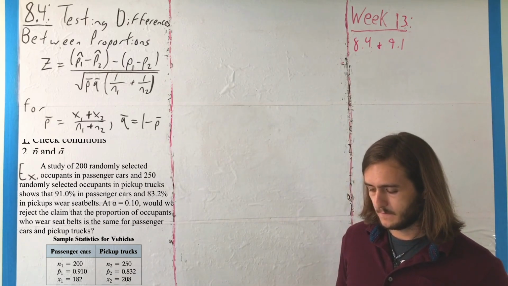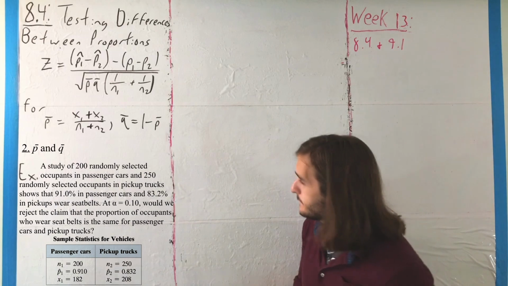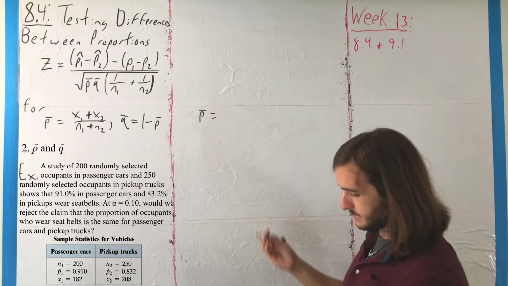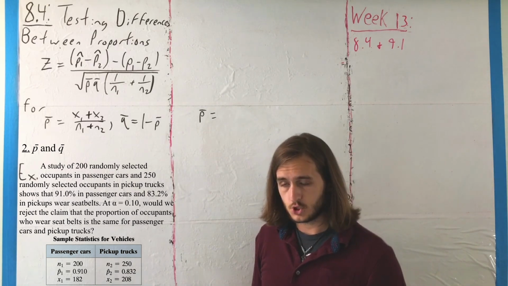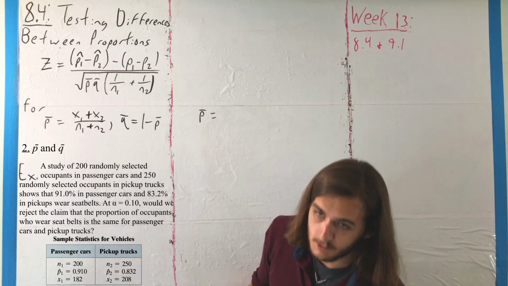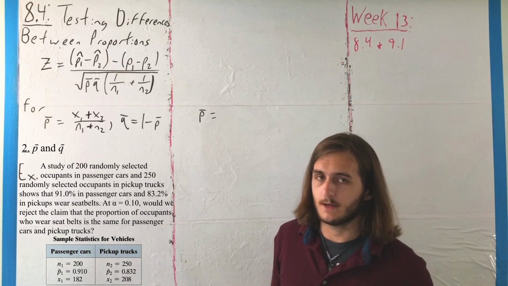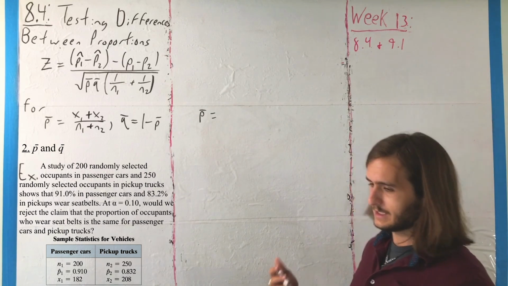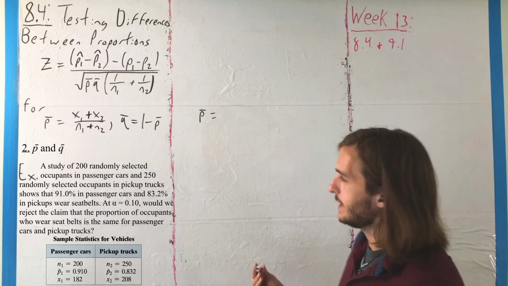And then from there, if we want to get those p-bar and q-bar values that we need, it's pretty straightforward use of those formulas. P-bar here is going to be x1 plus x2, the number of successes in each trial, where in this case you have to be a little bit careful about that because it gives you them as percentages, not as raw numbers. That's something you need to get also if you want to use this with a calculator, which I'll talk about later. But here, that value 91%, you can get that as a number by multiplying 0.91 times that 200 to get that